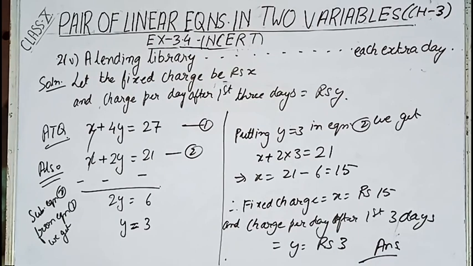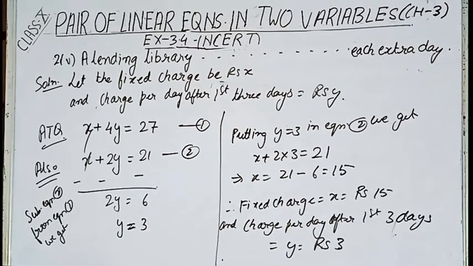So children, we have completed exercise 3.4 of NCERT. Now question number 2 of exercise 3.4 says that form the pair of linear equations in the following problems and find their solutions if they exist by elimination method. Now that portion, if they exist, I have checked in subpart number 1 only. For the other subparts, you will be checking on your own and hence will proceed as the solution I have done for the other subparts.